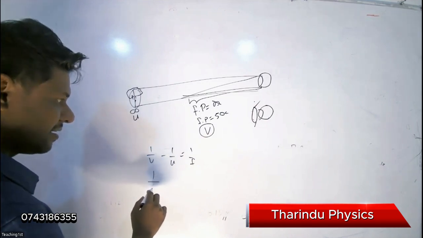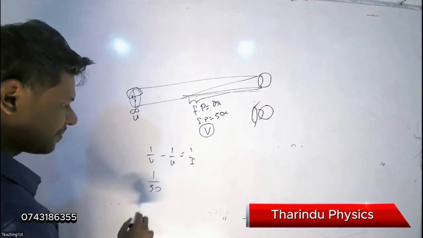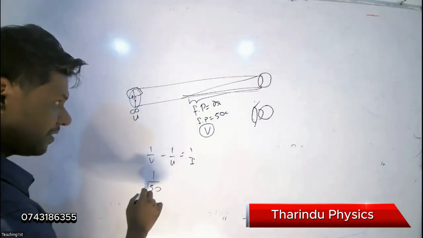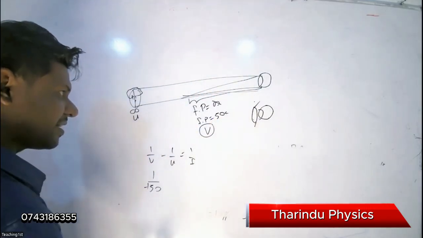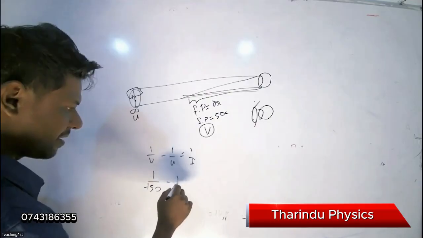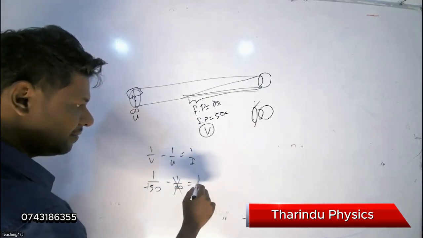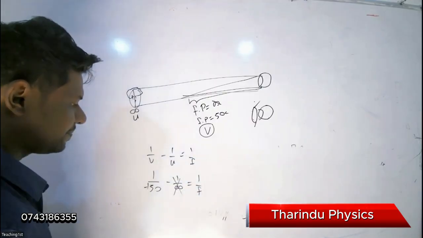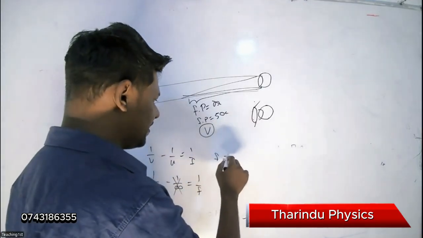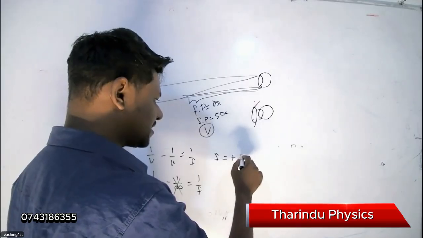The equation is 1 over V minus 1 over U equals 1 over F. The final image is formed at 50, so it is positive. Why? It is on the same side as the light ray coming. Here 1 over infinity, you know that is nearly 0. It is 1 over F. F equals plus 50